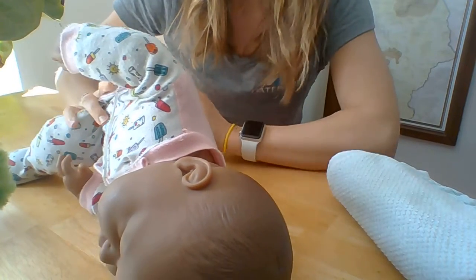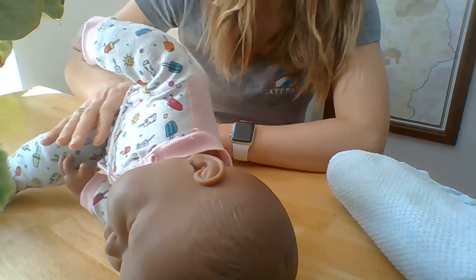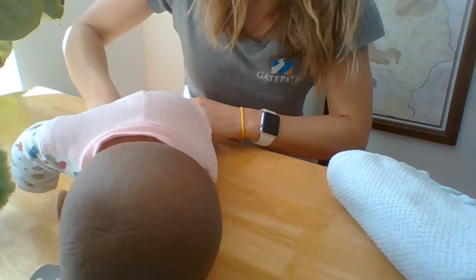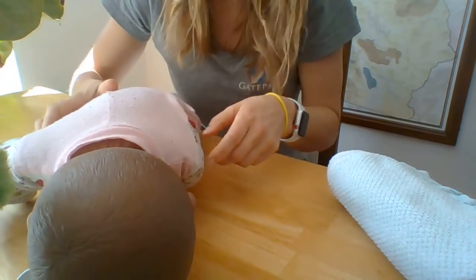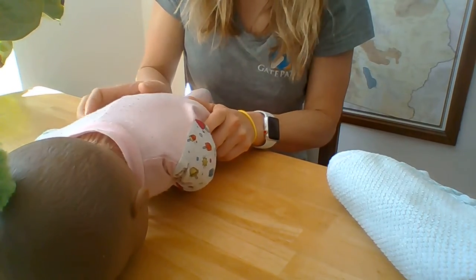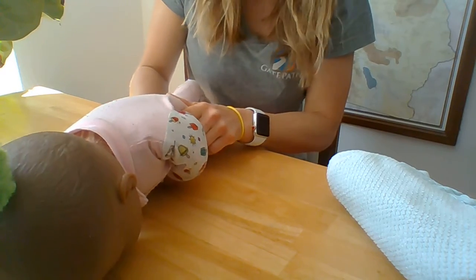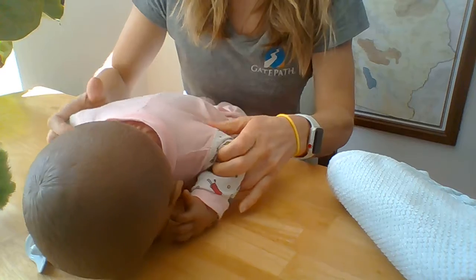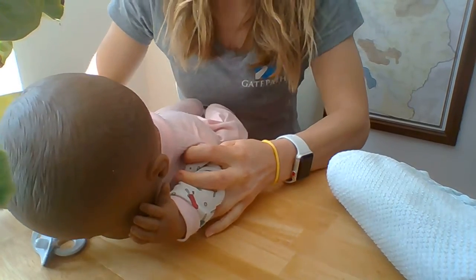So now as I'm applying downward pressure at the top of her leg through her pelvis, she's going to come over onto her belly. And sometimes babies get their arms stuck under them. So what I usually do is apply a little bit downward pressure on the opposite pelvis, allowing that hand to come out. And then they'll be able to prop and take a look and play with that toy that you